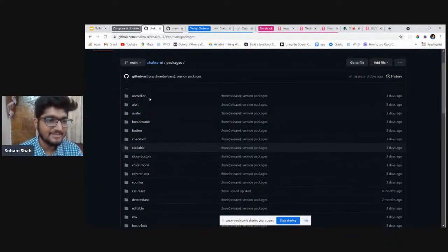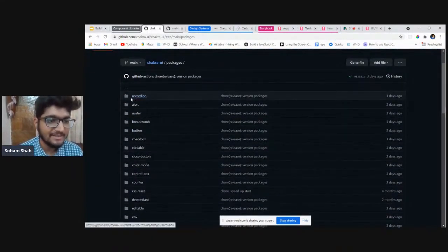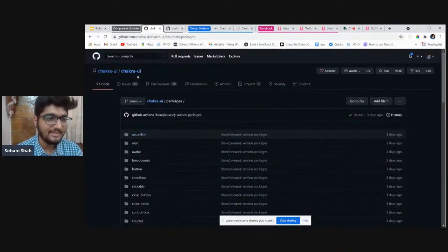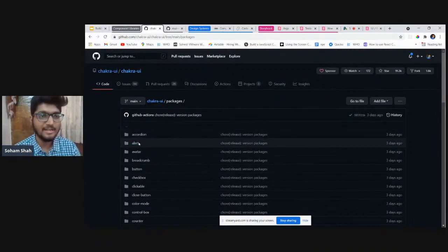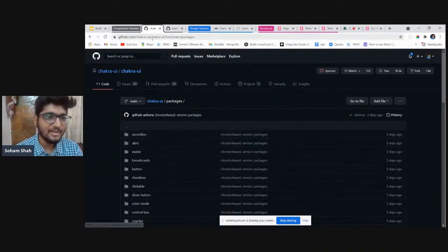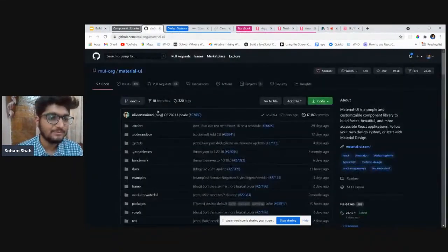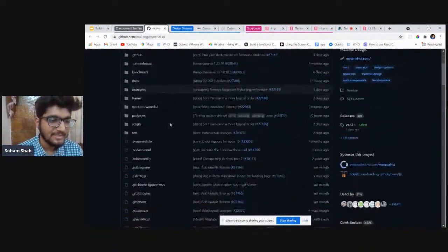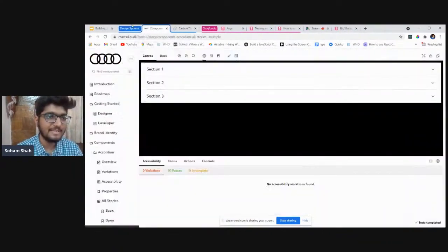So these are the packages which Chakra does, and it is very interesting that they have published each component as a package. So you can also install each component directly from npm rather than installing the whole Chakra UI. So this probably would help if you just wanted alert. Why would you take the whole Chakra UI for that? This is what you might also consider while building your component library, right? So this is material UI. So you can also explore this, right?